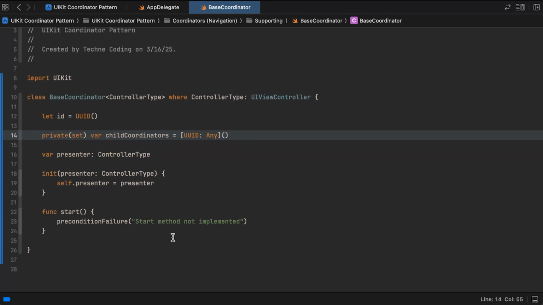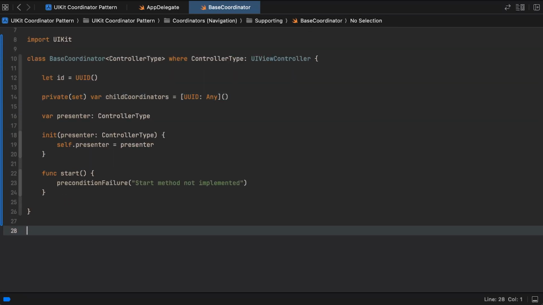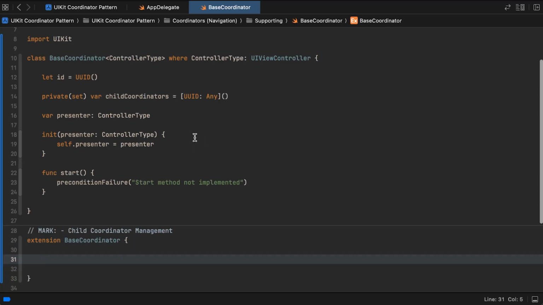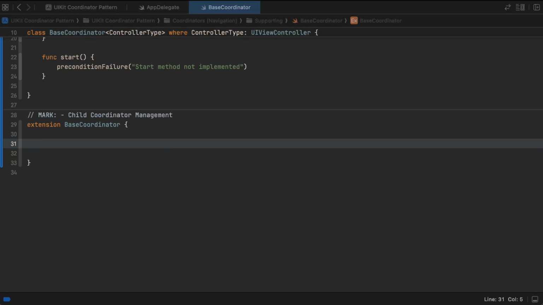So what we need to do now is add code to manage these child coordinators. And all of this will become clear later on. Don't get too frustrated right now because we still have a lot to go through in these videos. Okay, so first thing is we're going to say func store